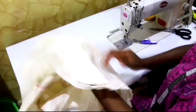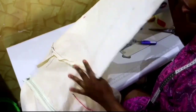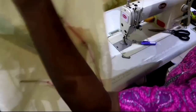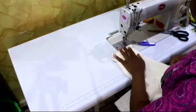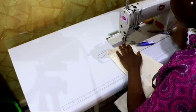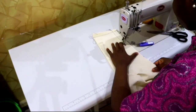So when you are done attaching the sleeve to the bodice, the next thing you want to do now is to close the side of the top. You remember we added 1-inch seam allowance to both the sleeve and the body. Just sew with 1-inch seam allowance. Starting from the hem of the sleeve, you sew close the side of the top